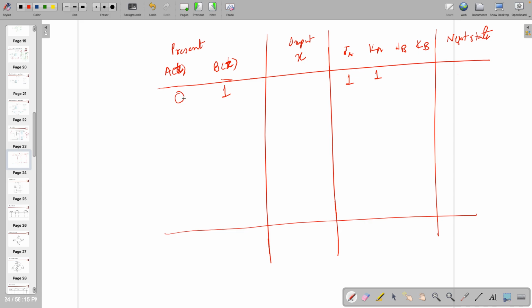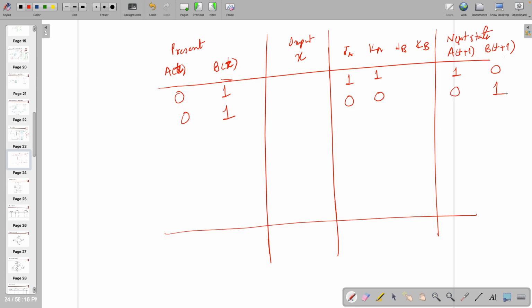So if present states are 0 and 1 and J, K are 1, 1, what should be the next state in terms of A t plus 1 and B t plus 1? It has to be Q bar. If you remember, J, K both are equal, it has to be then inverting the present state, right. So it will be 1 and 0. If it is 0, 0 and if it is 0, 1 over here, same will go there,